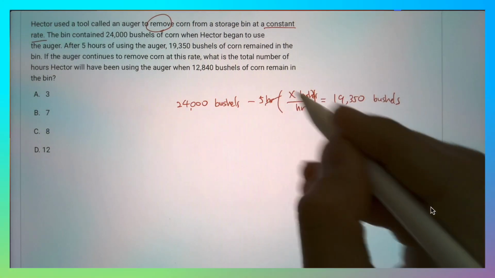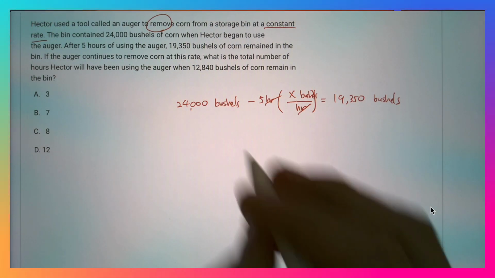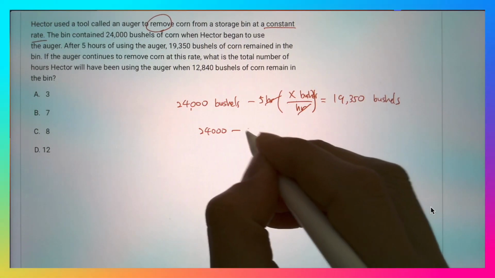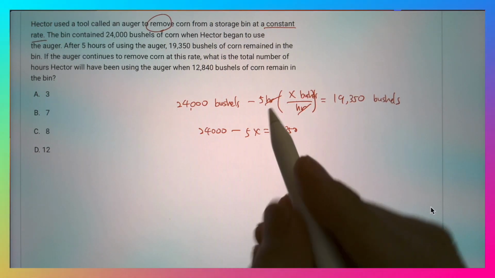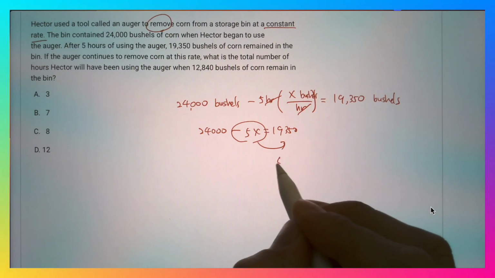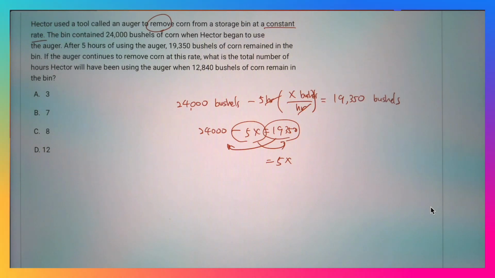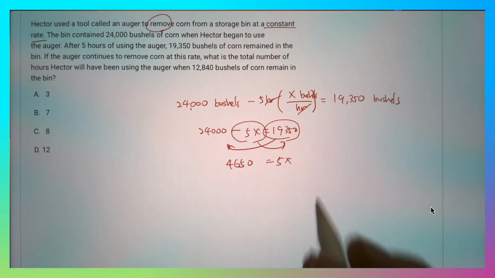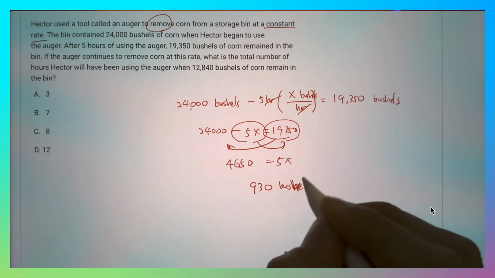Okay, so notice how the hours cancel and we get bushel minus bushel equals bushel. So we are in good shape here. So 24,000 minus 5x equals 19,350, without any units here for simplicity. I just have to move the 5x to the right to make it positive. And when I move the 19,350 to the left, it becomes minus. So 24,000 minus 19,350 gives me 4,650. And if I divide both sides by 5, I get 930 bushels per hour